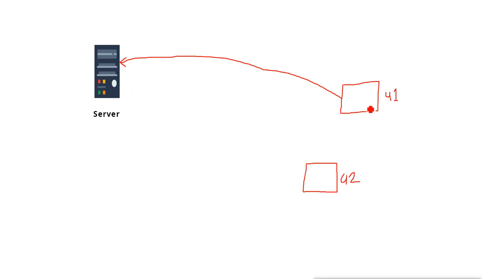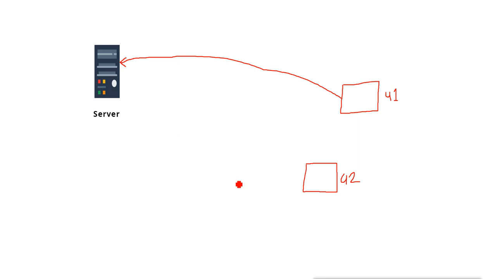Otherwise, that means this user has to log into the same server to send mail to another user, and that user also has to log into the same system to see the mail. So it is not like a mail server. If you want to configure it like a mail server, we have to use a centralized mail server. Then we have to configure this mail server to accept the mail from other systems. Otherwise, if it is not accepting mail from other systems, it will not work. By default, it does not accept it.